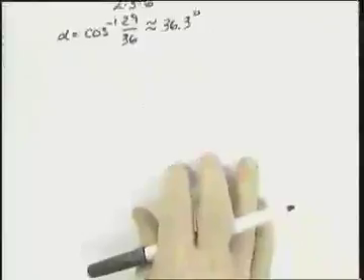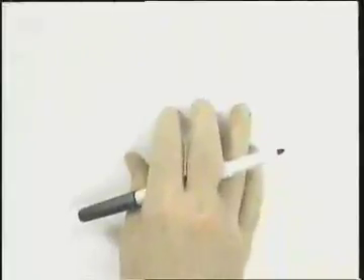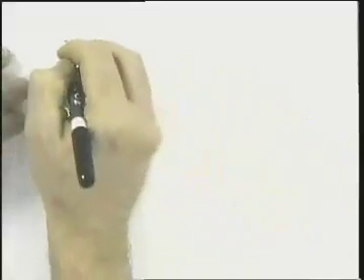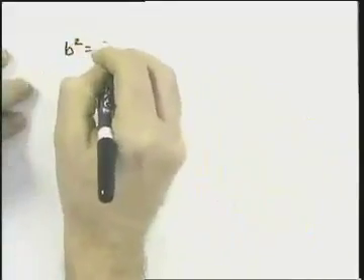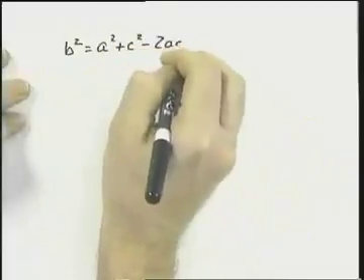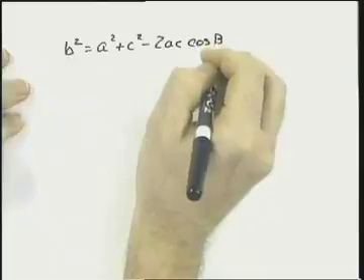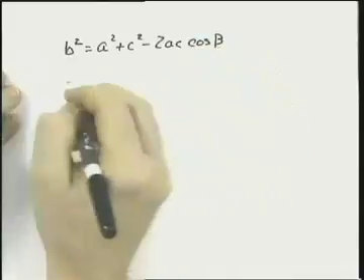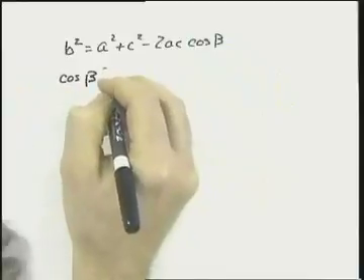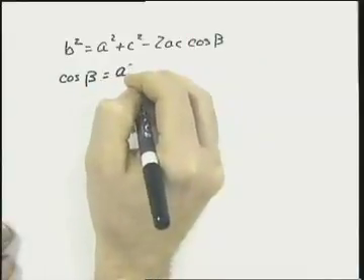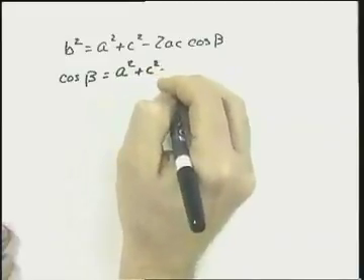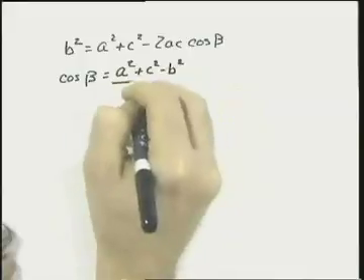Well, to find beta, what I need to do is solve the expression b squared equals a squared plus c squared minus 2ac cosine of beta. I need to solve this for cosine of beta. If I did that, I would get that the cosine of beta equals a squared plus c squared minus b squared over